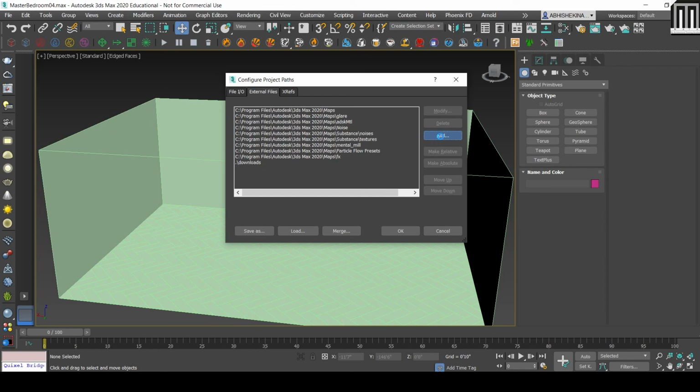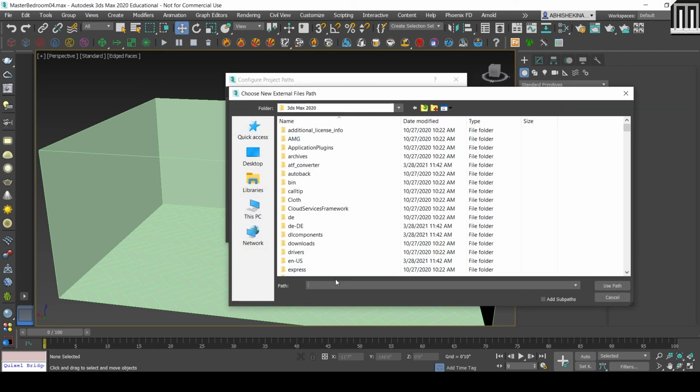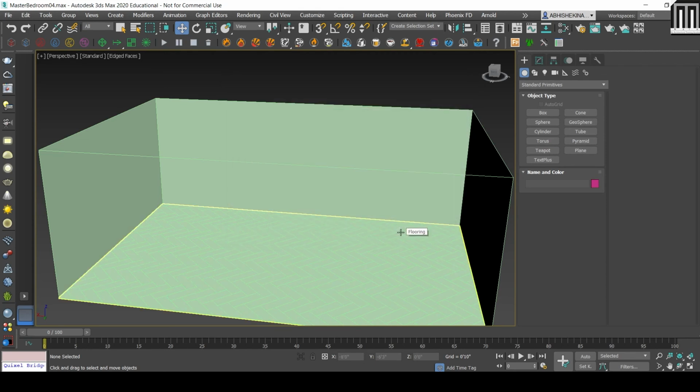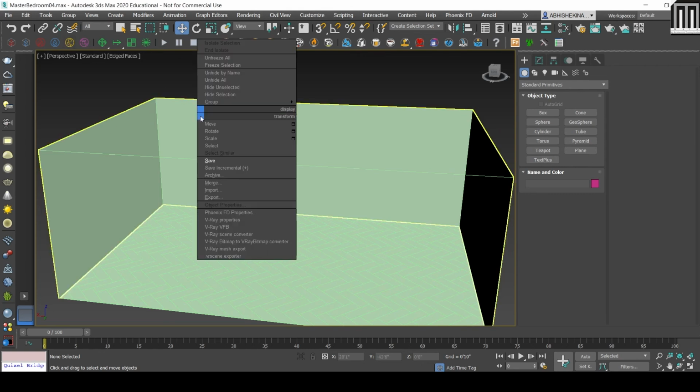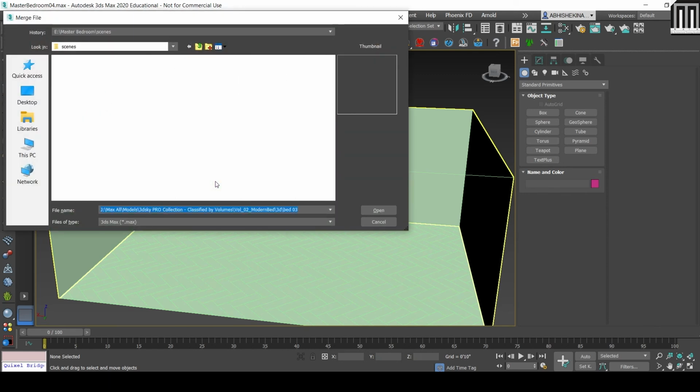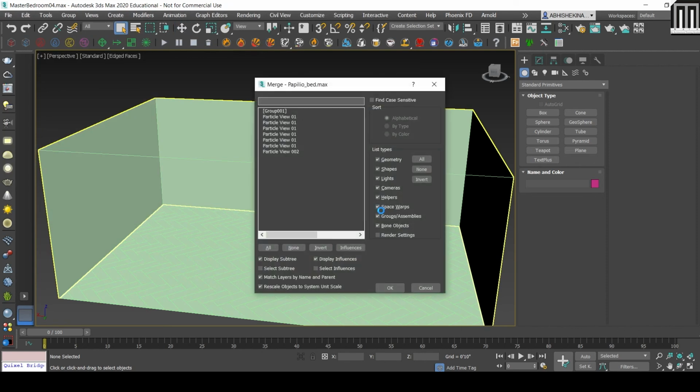So I'll click on add and paste my object maps path here. So when I merge an object like a bed or a wardrobe, the maps will not be missing, they will come with it. I'll say merge.